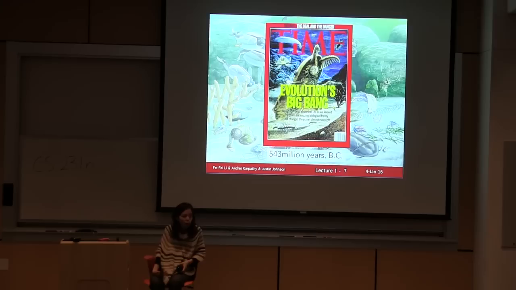Suddenly, life is no longer so mellow, because once you have the eye, the first thing you can do is you can go catch food. You actually know where food is. You're not just blind and floating in the water. And once you can go catch food, guess what? The food better develop eyes and run away from you. Otherwise, they'll be gone. So the first animals who had eyes were like in an unlimited buffet. It's like working at Google. They just have the best time, eating everything they can.